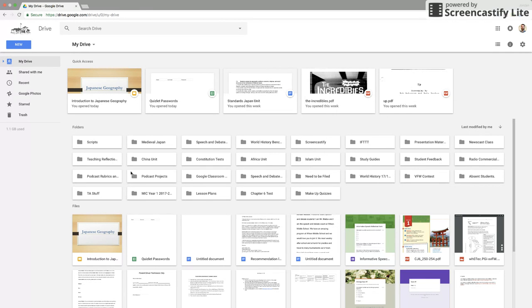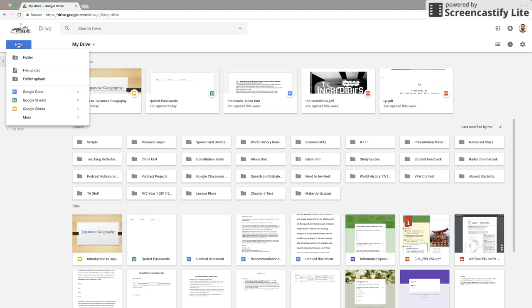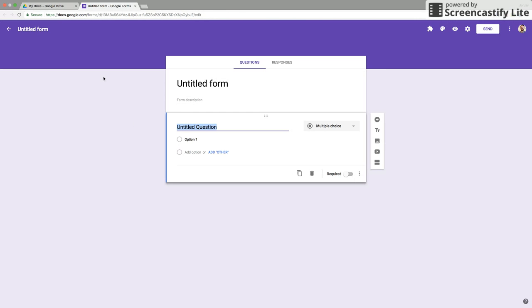Once you get to your drive, you'll want to go up to here where there's a blue button that says New. You'll click on it, and you'll go to More at the bottom, and you'll get down here to where it says Google Forms. Once you've clicked on Google Forms, you'll get a blank screen like this. We're going to go through all the parts and features in this first video to give you an understanding of